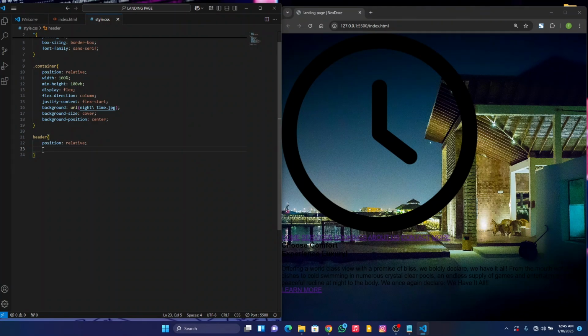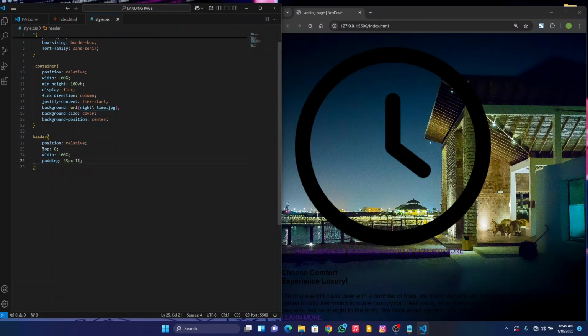And set the top to 0, set the width to 100%, set the padding to 35px and 110px,